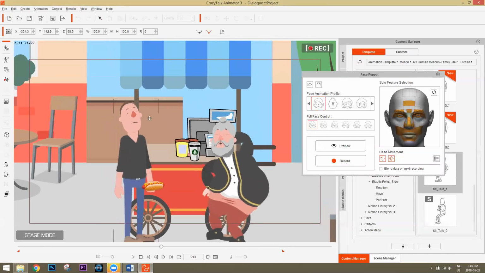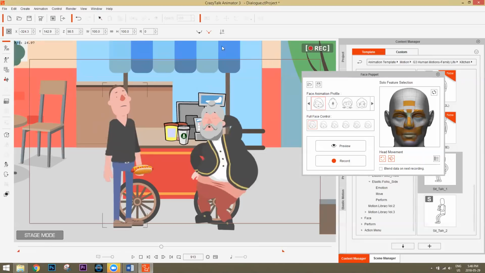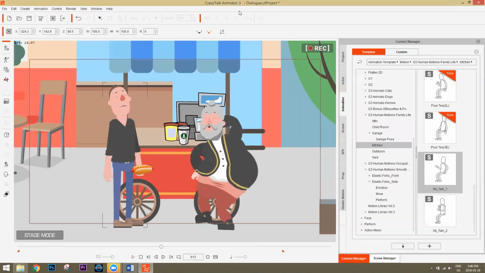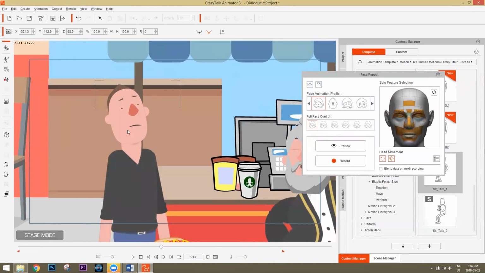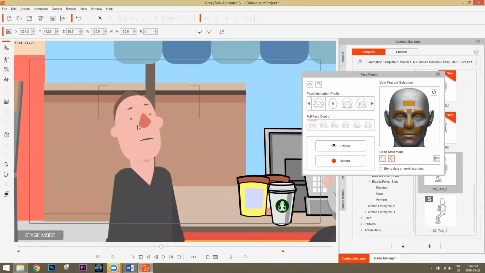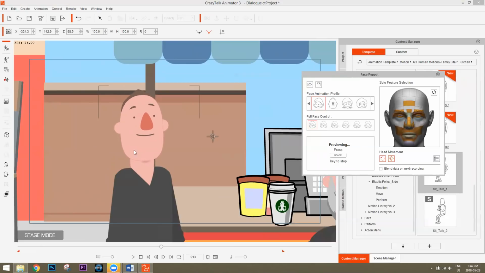So if I zoom in on my character's face, let's go to the camera animation mode here, record mode. Right now on his face, he has an expression, which I showed you how to add before. If we go to preview, you can see you can animate the face like this as well. So when your character's talking, you can have him use the facial puppet tool just like this. You press the preview button and then press space to preview it, and you can do all this stuff.